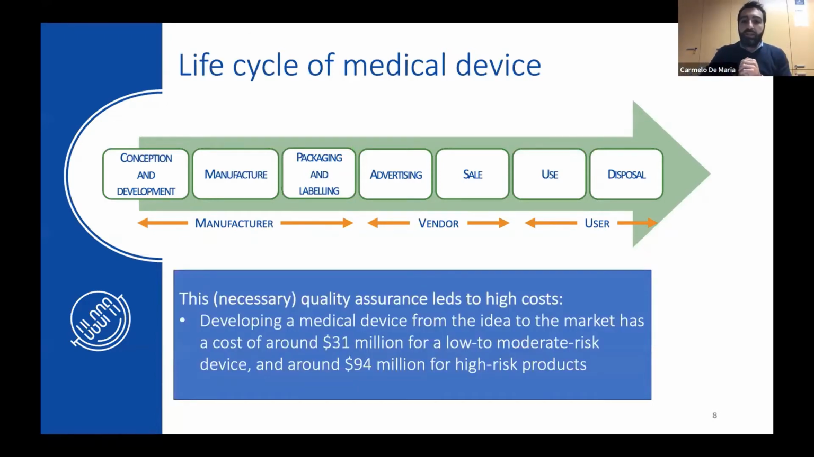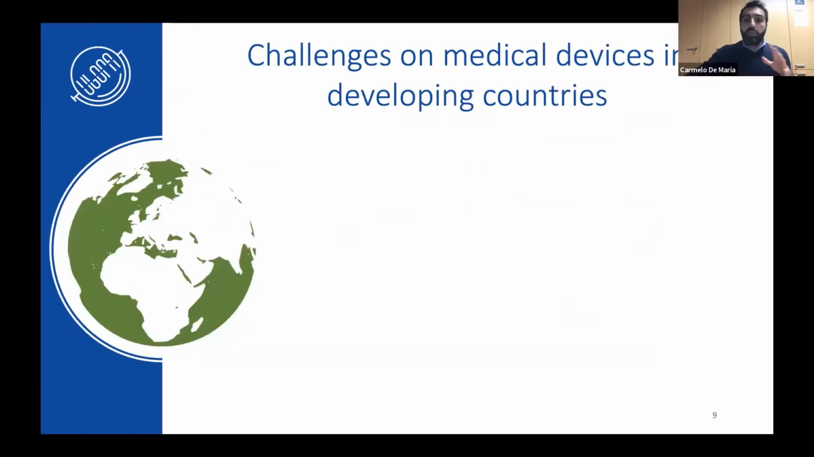So this is like for high risk products, the price is more than double. We are speaking about $10 million, maybe $100 million for a high risk product. So just to move this perspective from